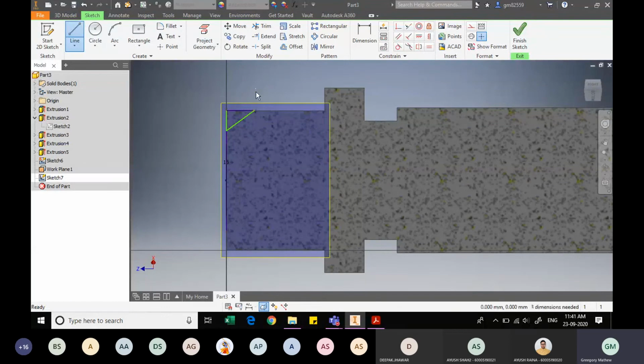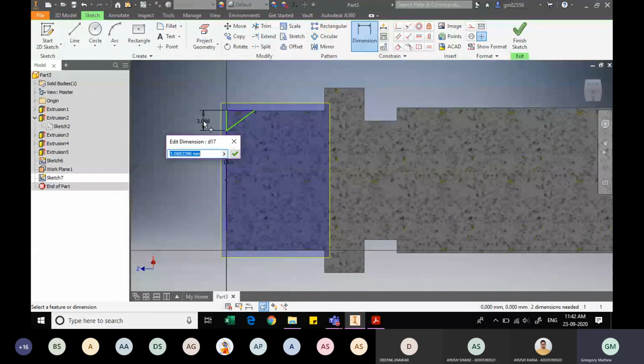Now, can you approximately calculate what should be the length of this particular segment that I am highlighting, which is indicated in white color, given that the side of the square was 15 mm and the radius of the circle was 7.5? 3.106. So I will specify that this should be approximately 3.106. Now it is not necessary that it should exactly meet. There can be some gaps.